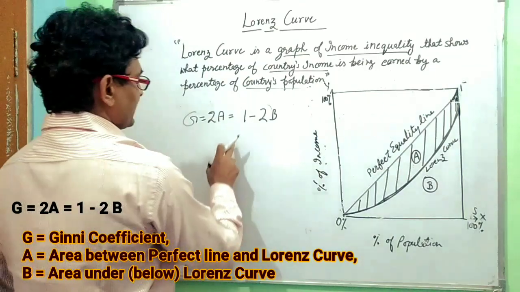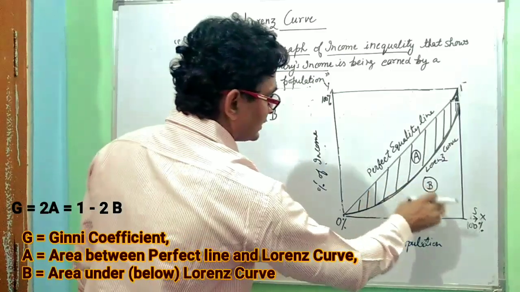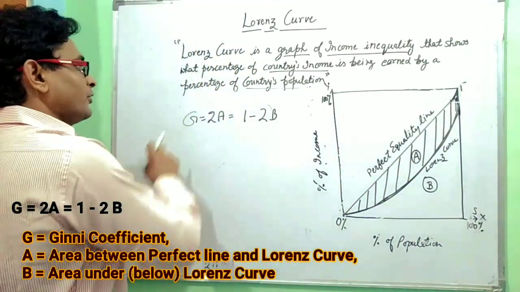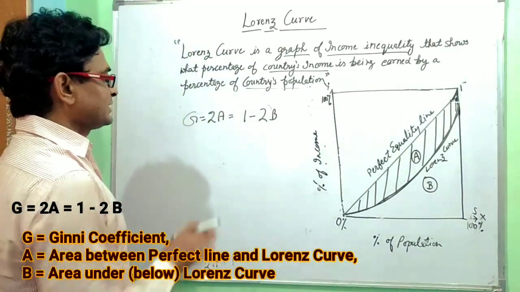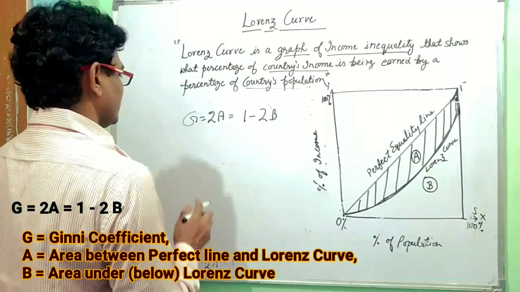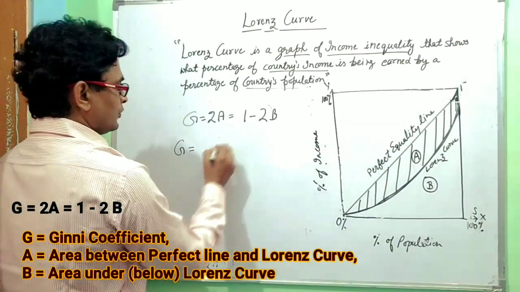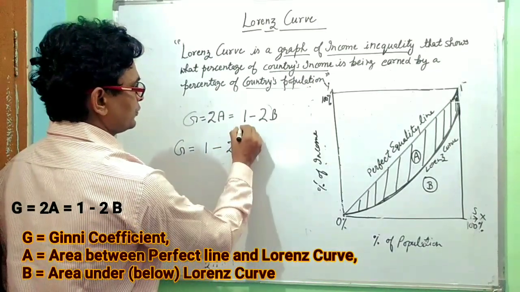Or if we apply the formula 1 minus 2B, where B is the area under the Lorenz curve, then we can get the Gini coefficient out of it. Okay, now put this value in the integration form. So G is equal to 1 minus 2 integration 0 to 1